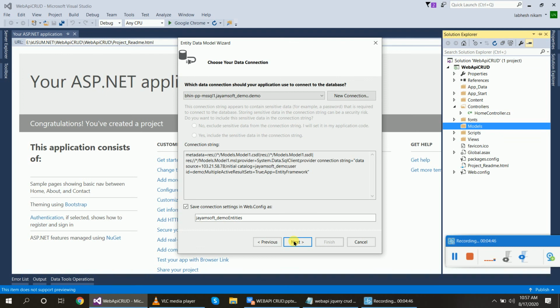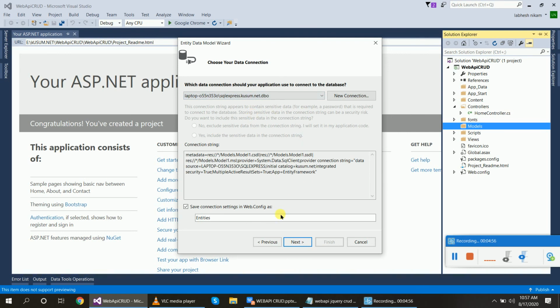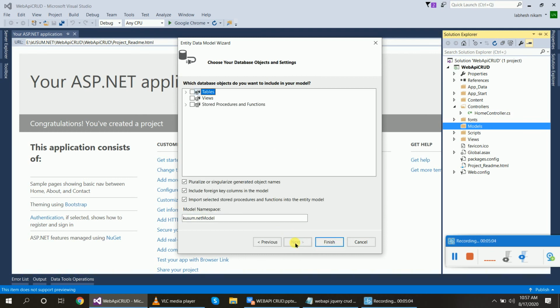I already created the database and table, and my database is this Kusum.net. My entity name is Entities. Next, Entity Framework 6.x. Now here we will select our table. My table name is Student, so only this Student table. Finish.